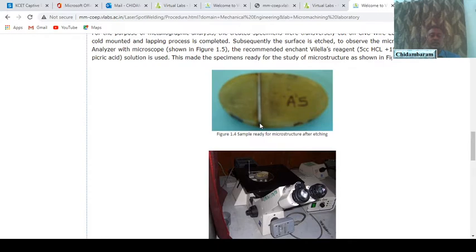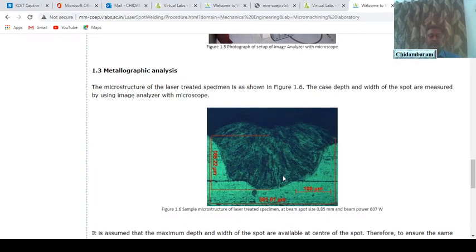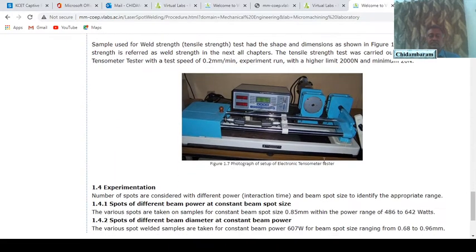View it under the microscope in an image analyzer, and from that you can identify the depth of penetration and the width of the spot. So the depth of penetration and width of spot are analyzed using the image analyzer and microscope. And then the tensile strength.